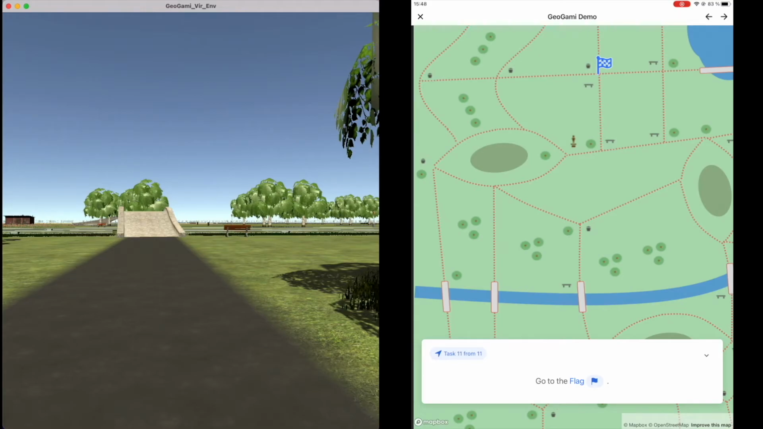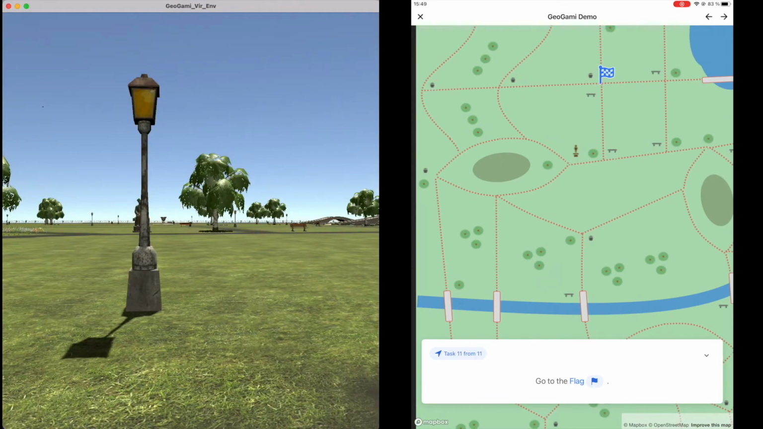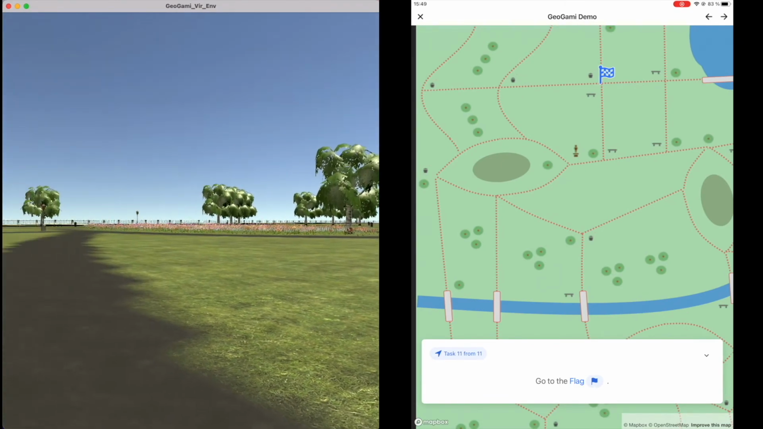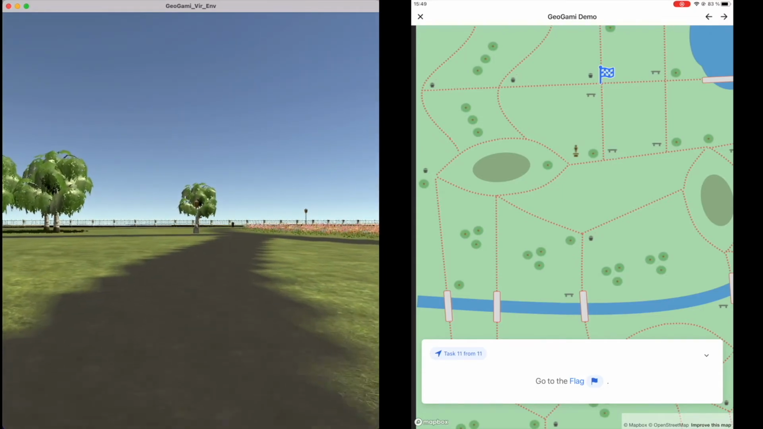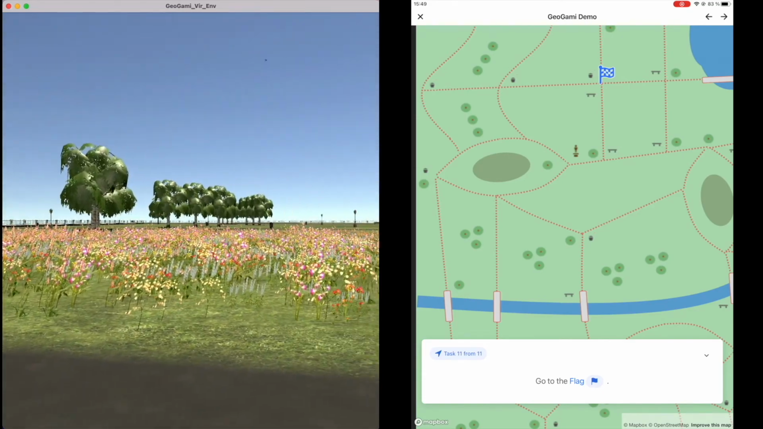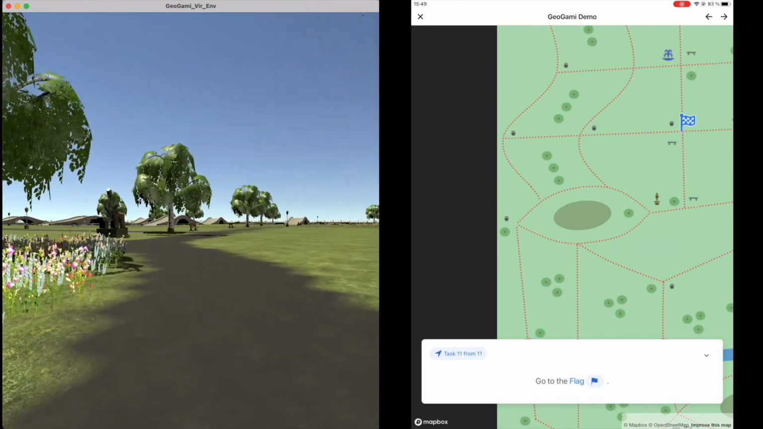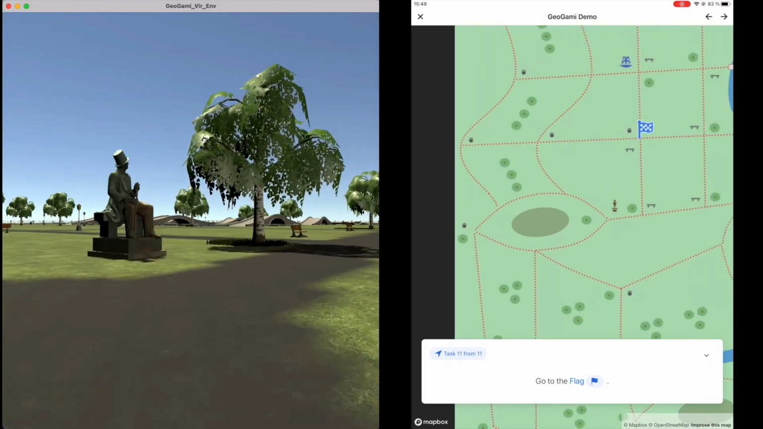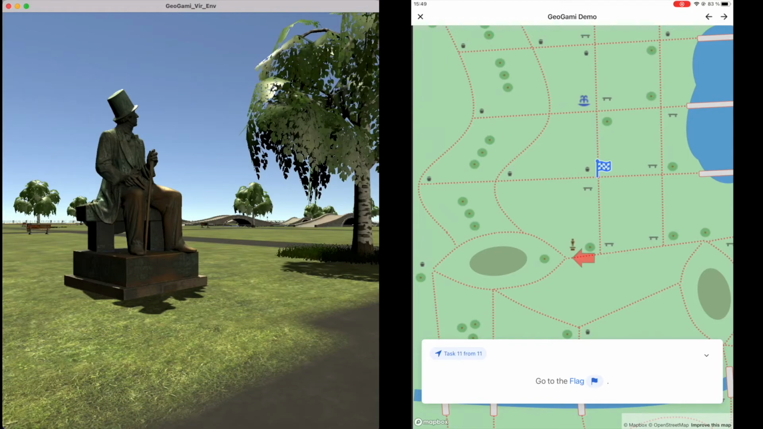So here we are, as we already saw in the previous task. So we need to go to the flag. Okay, let's just walk. Turn right. Now we should be here. Now moving to the statue. So we are here in front of the statue. I'm trying to make it in the middle. And then we will need to